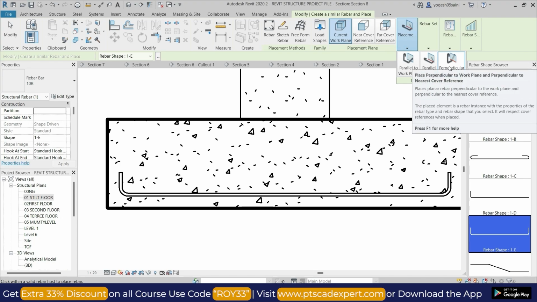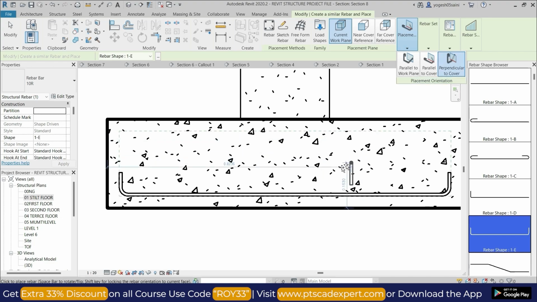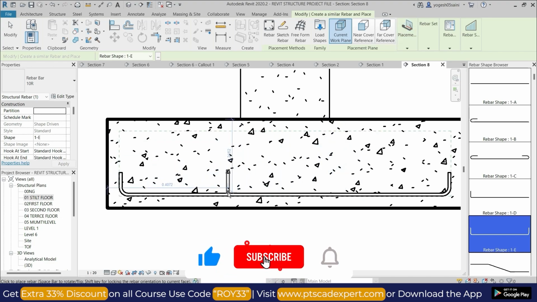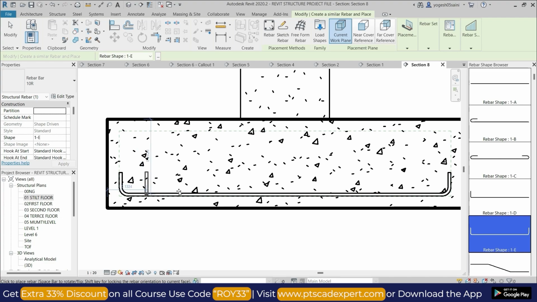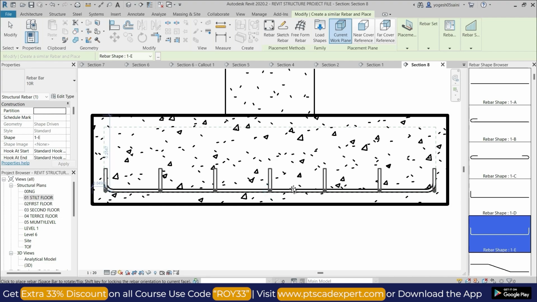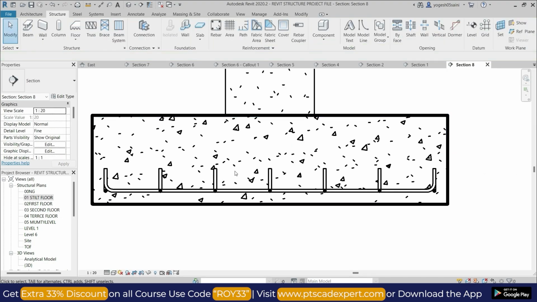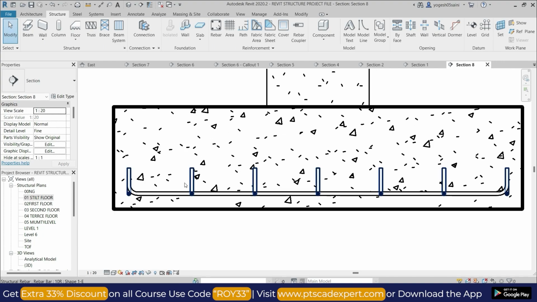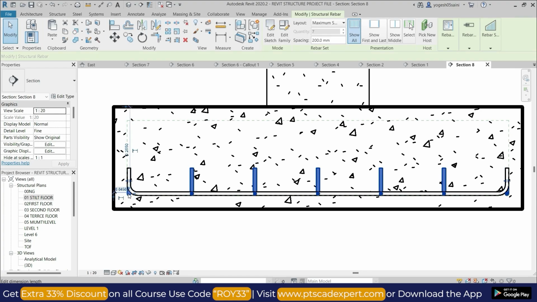So we are going to provide it perpendicular to the cover. Okay, we are going to select this. यहाँ पर हम लोग इसको मैक्सिमम स्पेसिंग कर देते हैं, ठीक है। और यहाँ पर हम इसको 200 कर देते हैं, ठीक है। So now we can place here. सो ये प्लेस्ड हो चुका है, ठीक है। सो सिमिलरली आप इसका भी यहाँ से चेंज कर सकते हो डायमेंशंस फ्रॉम द प्रॉपर्टी बॉक्स, ठीक है।